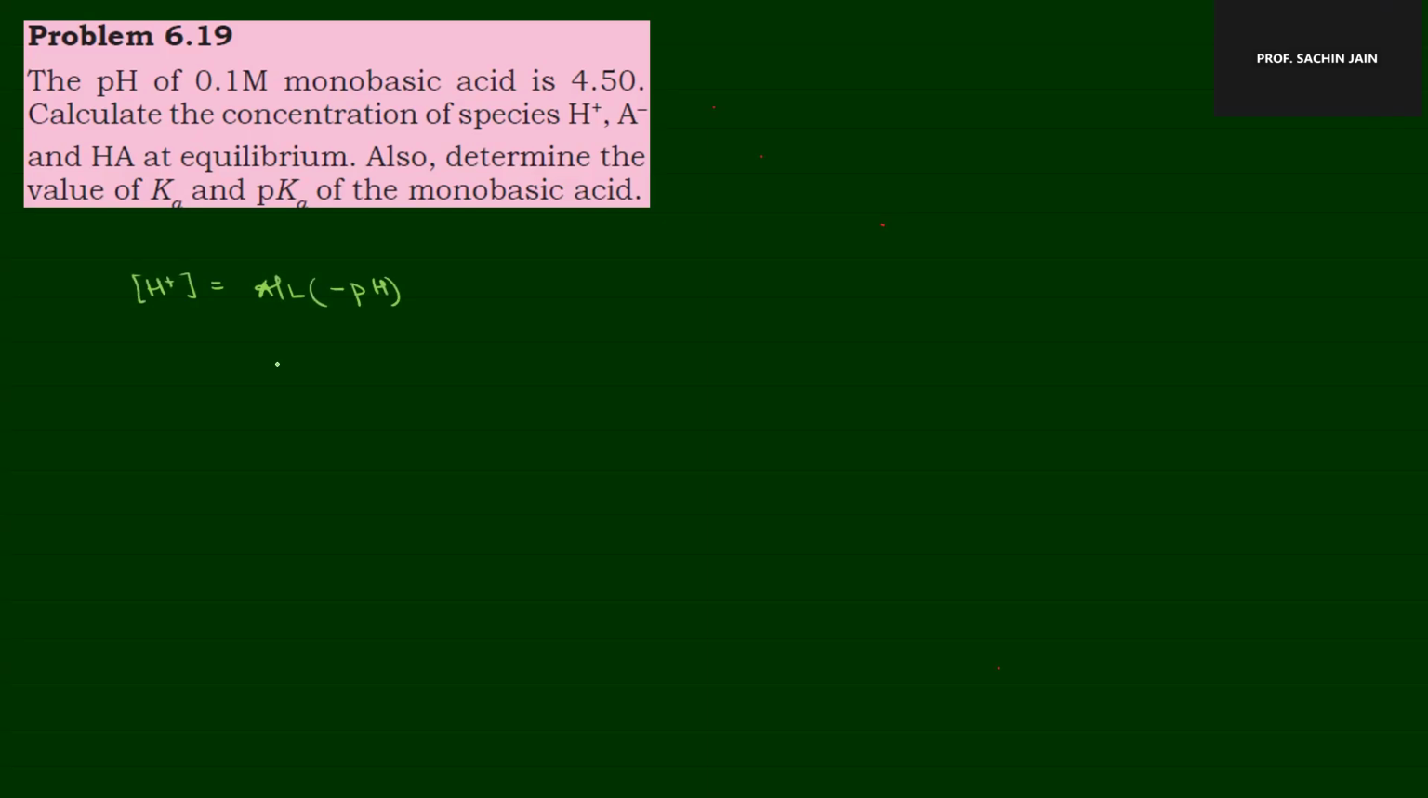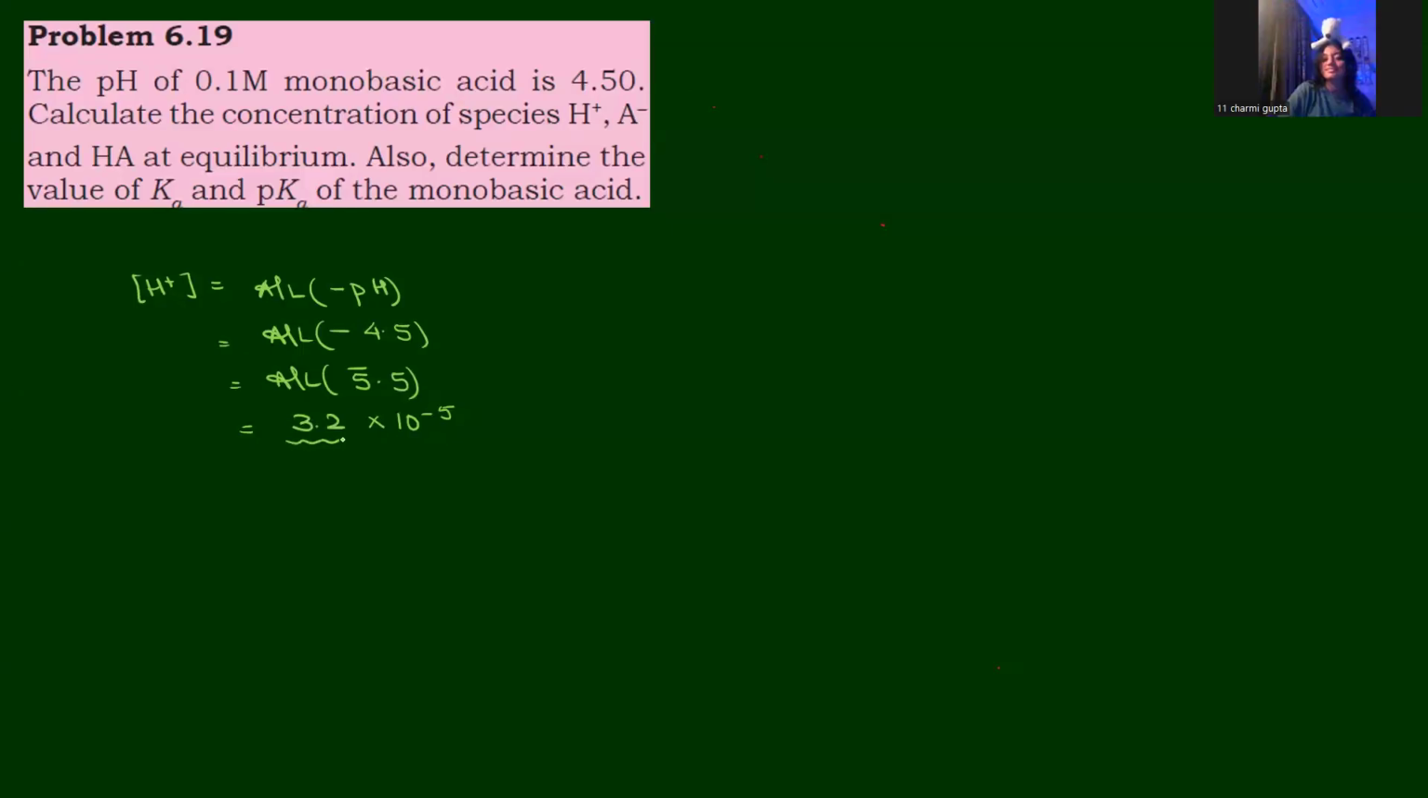हाँ कि नहीं? So antilog of minus pH मतलब minus of 4.5, which will be equal to antilog of bar 5.5, and bar 5 will be converted to 10 power minus 5, and antilog of 0.5 is close to 3. 3 से ज्यादा या 3 से कम? 3 से ज्यादा. हाँ, तो 3 से थोड़ा ज्यादा असयूम कर लो, 3.2। ठीक है, तो ये H प्लस आ गया।